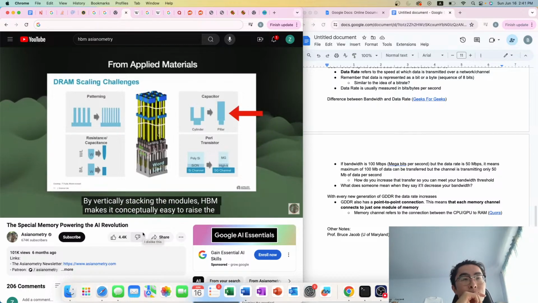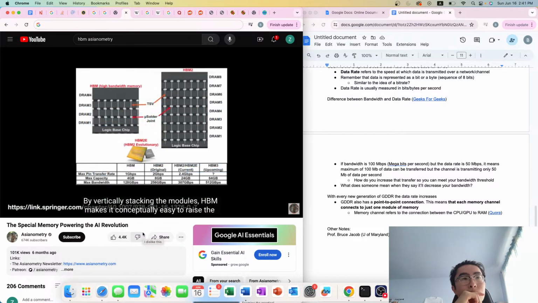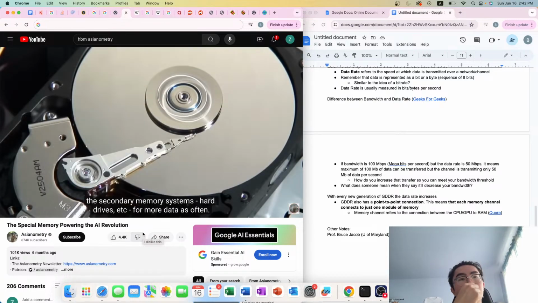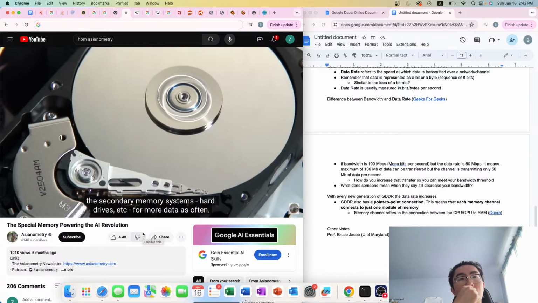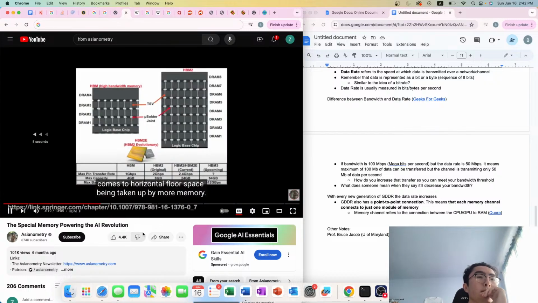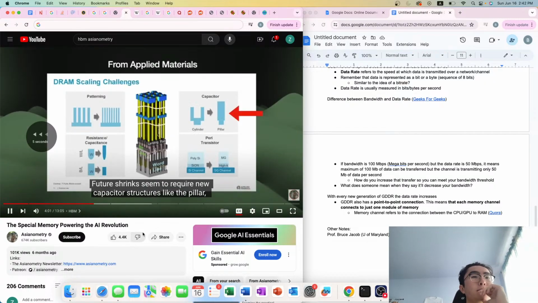By vertically stacking the modules, HBM makes it conceptually easy to raise the memory capacity. There are also some physical size gains as well when it comes to horizontal floor space being taken up by more memory. More capacity is good because it means we don't have to go to the secondary memory systems, hard drives, etc., for more data as often. In April 2023, SK